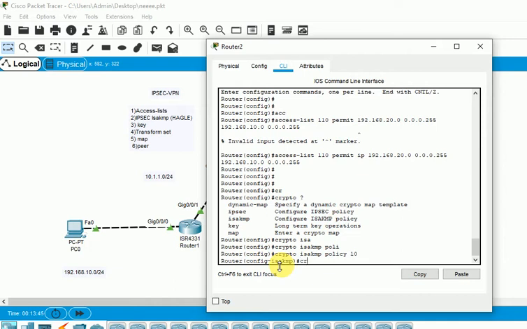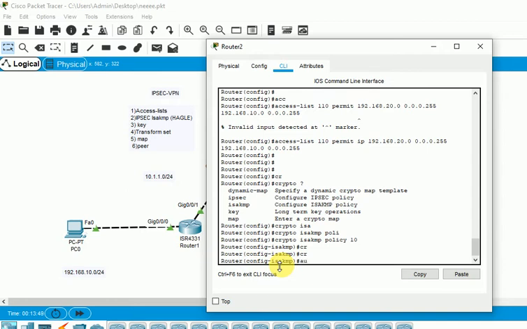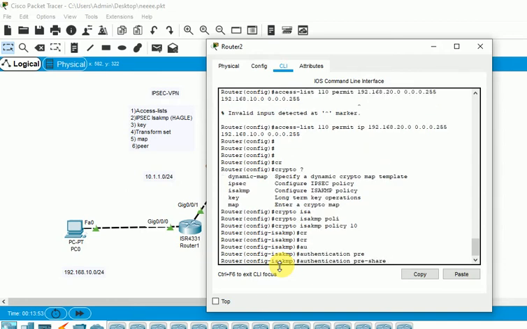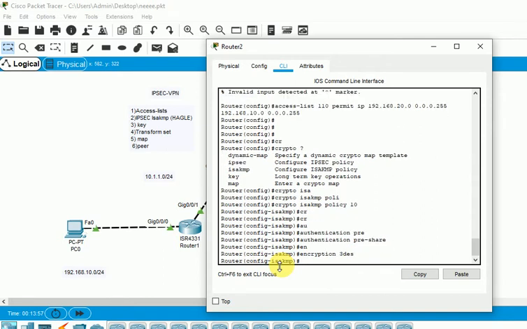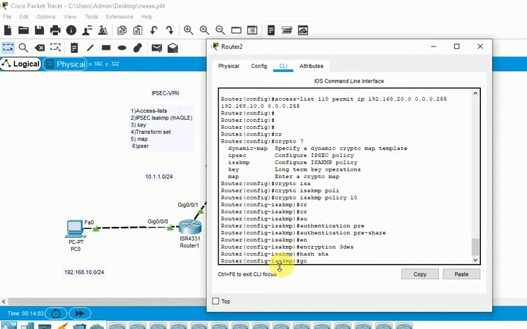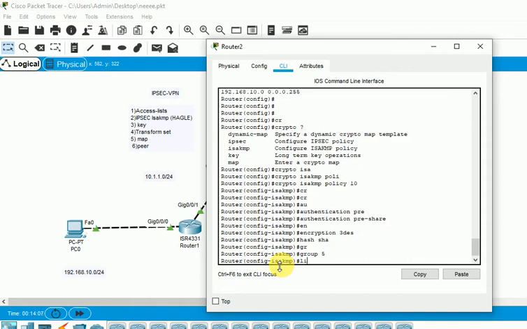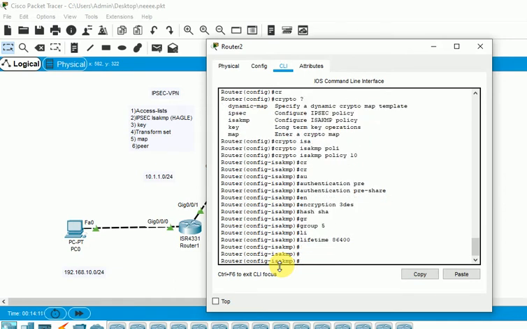Then authentication pre-share, encryption 3DES, hash key as SHA, group as 5 Diffie-Hellman group, lifetime as. So we have used the ISAKMP policy.